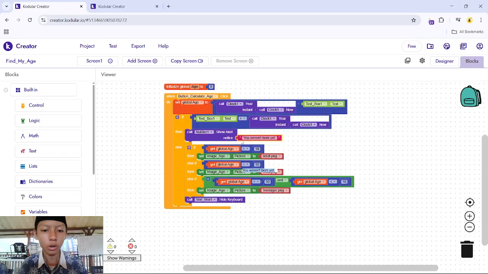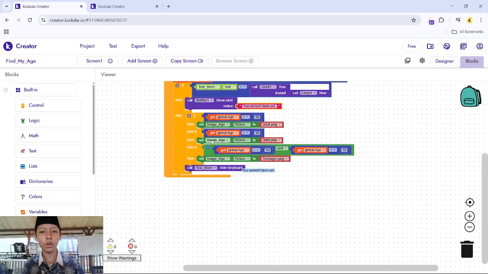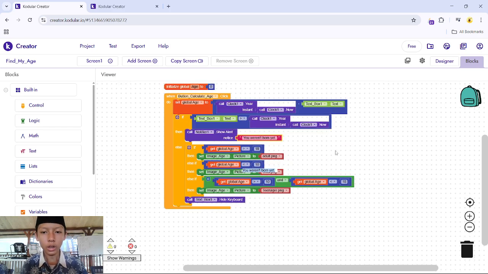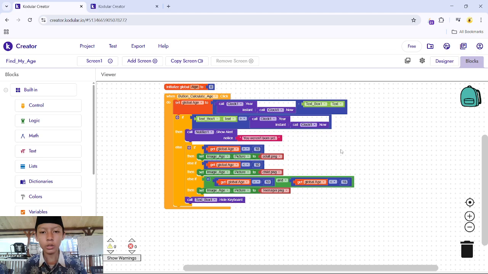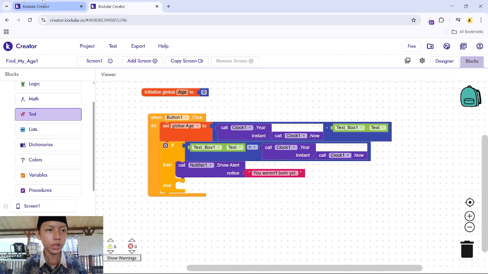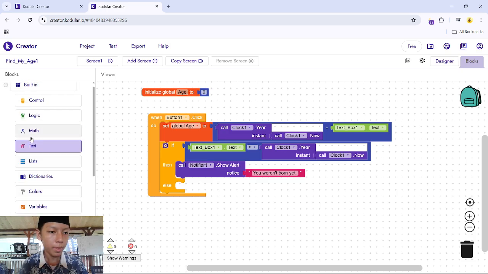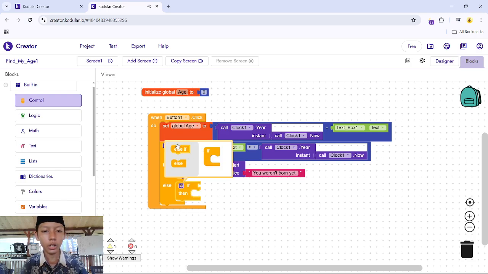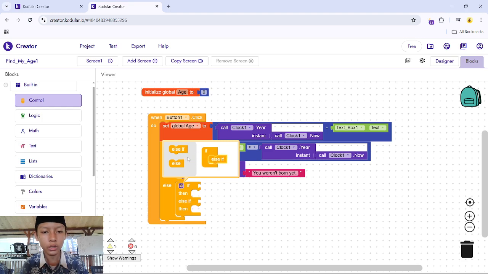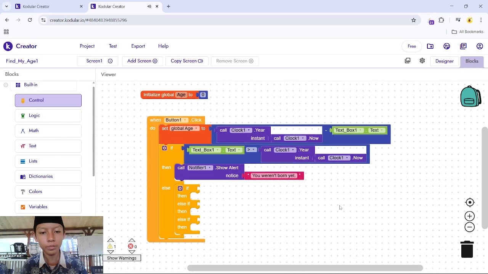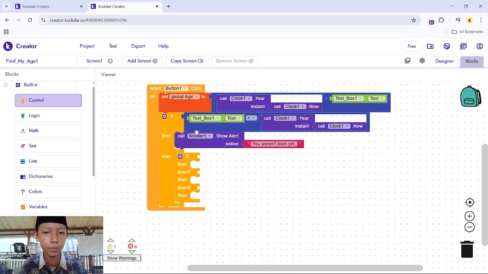Okay, so next let's we make this code is for like set you, wait, let's make the code first. I will tell you the function of this code after we make the code. Okay, so now you can go to your control and check if then, and you can add else if two time. And now